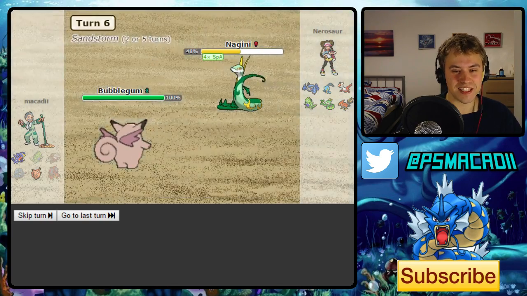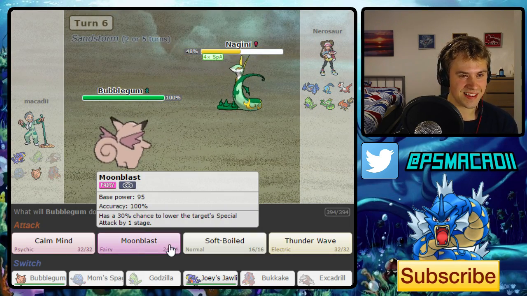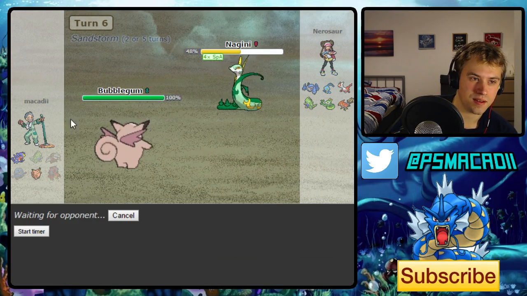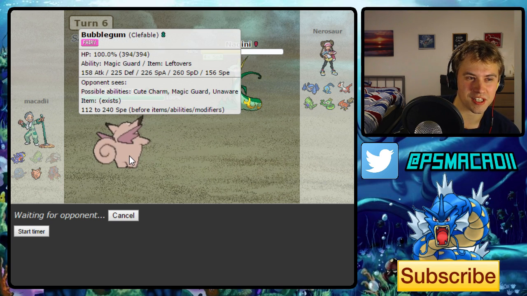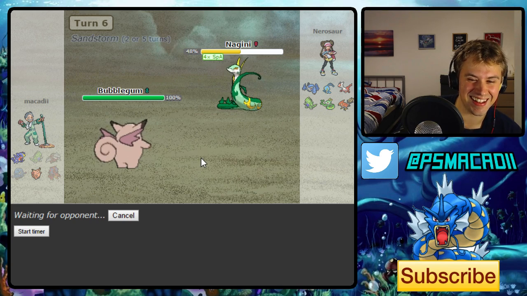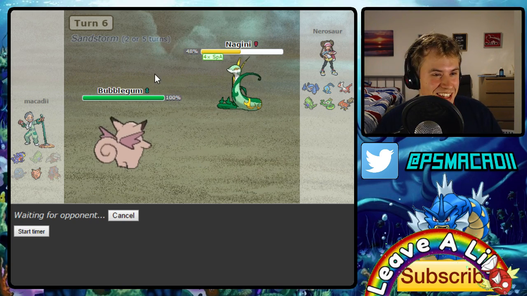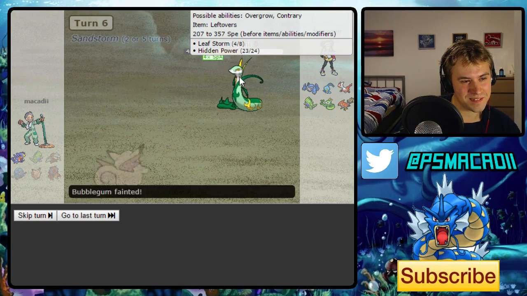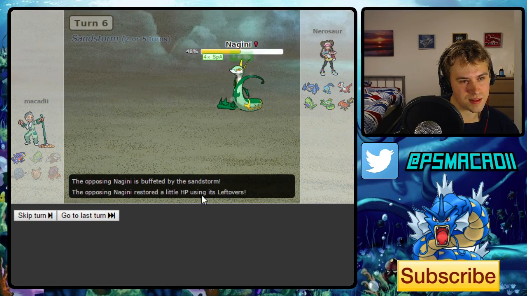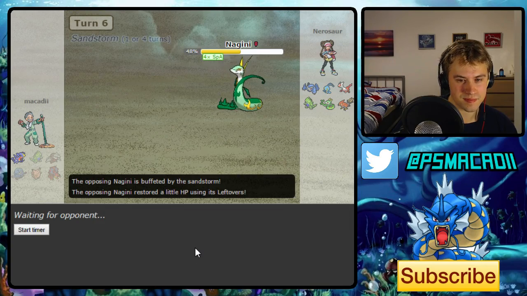Oh, goodness. Okay. Would Unaware Clefable still fit the team? I like the Magic Guard on it, though. So as long as we never face any Superiors on the ladder, we're fine. I should have just manned up and...